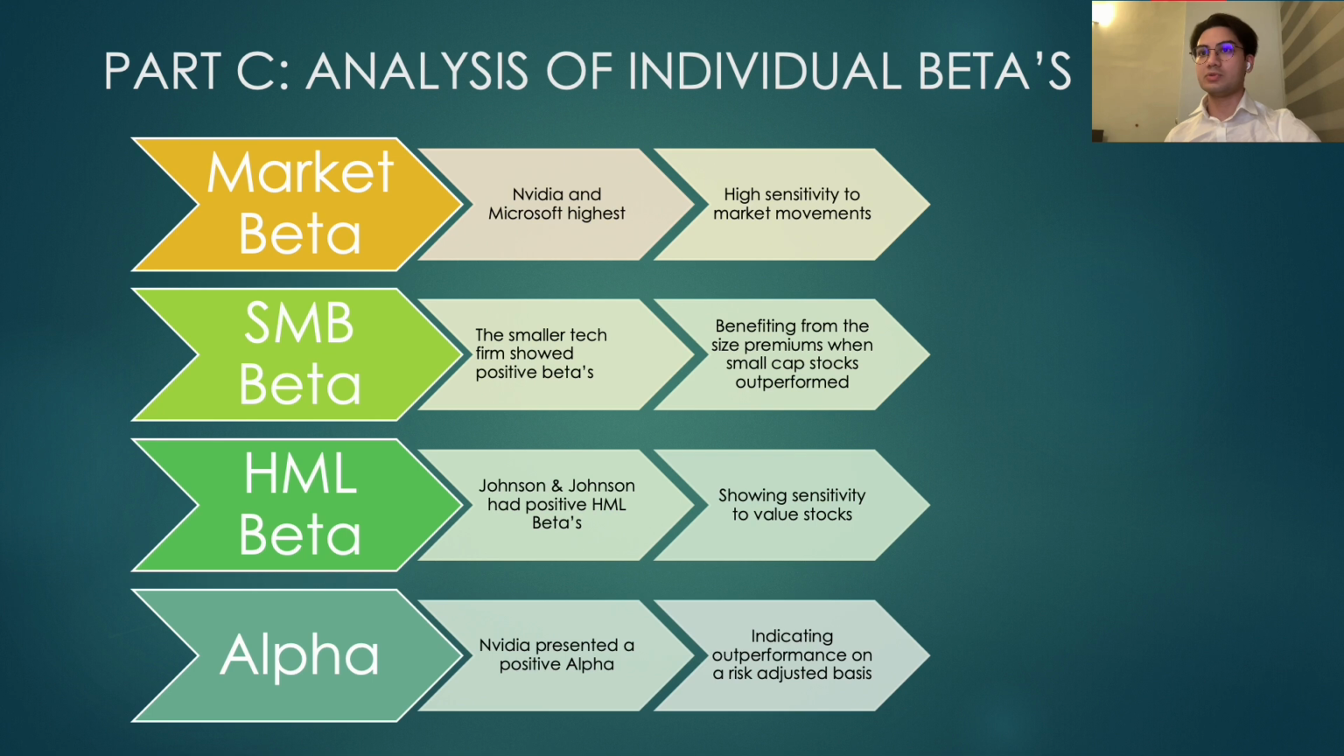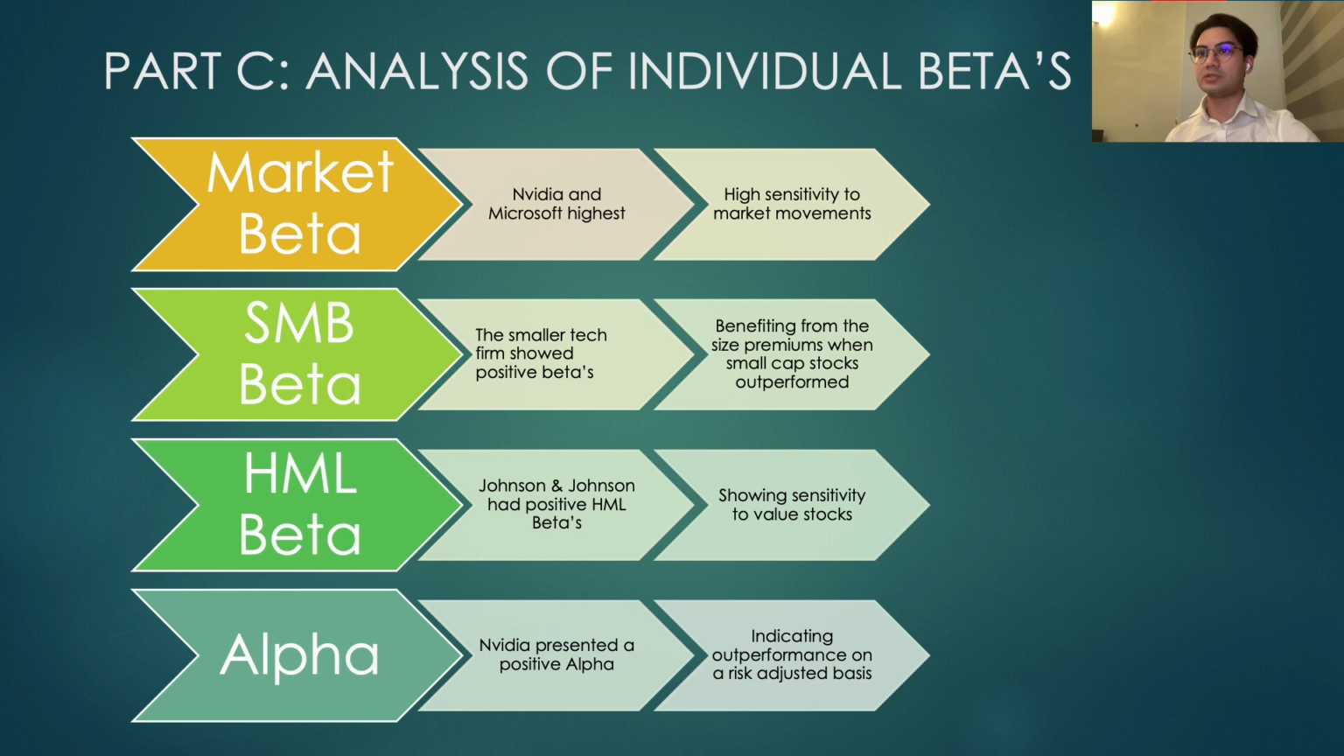Our analysis revealed several key insights. Number one, NVIDIA and Microsoft had high market betas, indicating high sensitivity to market movements and potential for higher return volatility. For SMB beta, some companies, especially the smaller tech firms, had positive SMB betas, benefiting from the size premium when small cap stocks outperformed. For the third factor, HML beta, companies like Johnson & Johnson had positive HML betas,